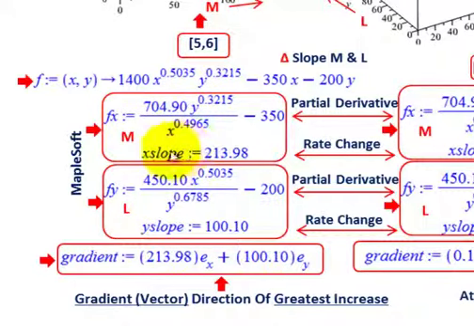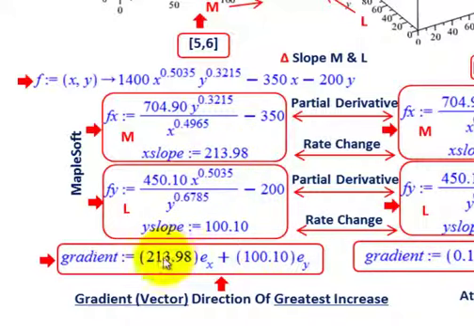For our material, the change in slope is 213.98. That would be like dollars here. And then for labor, it's 100.1. So the gradient vector is what we have to calculate. We just take our slope for our material, shown as x,